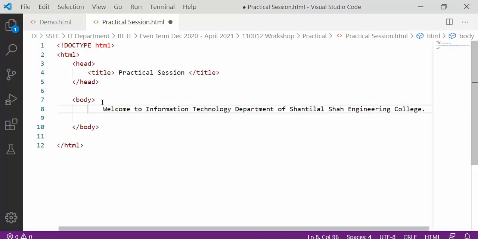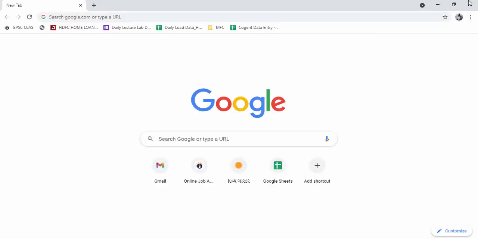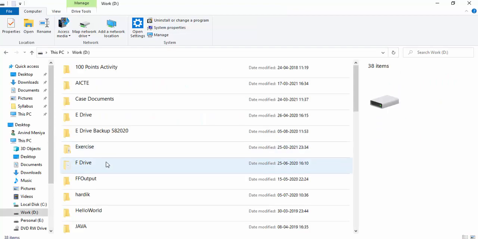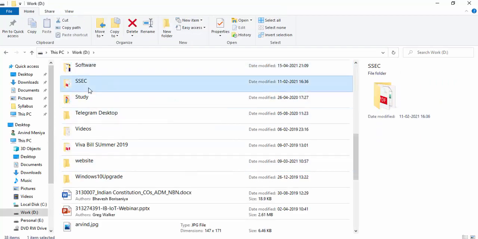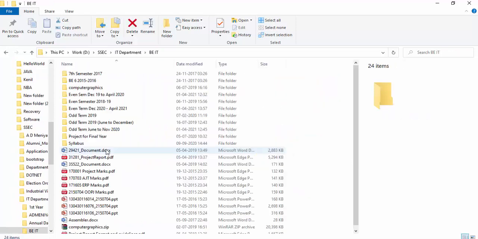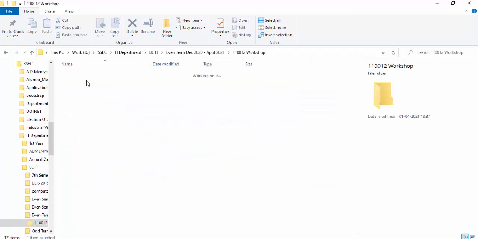This is the simple line. First of all we will go to the workshop, then practicals.